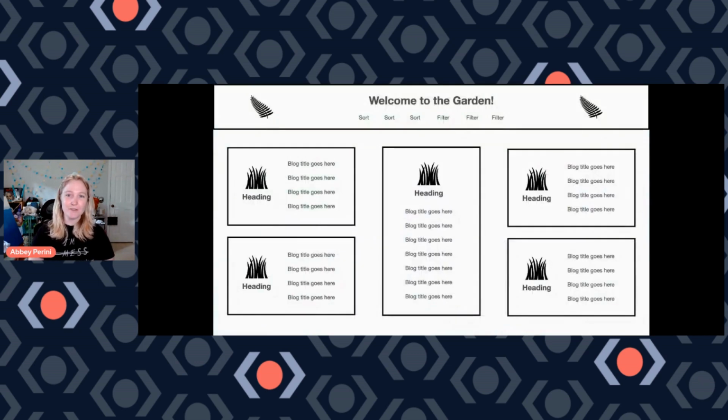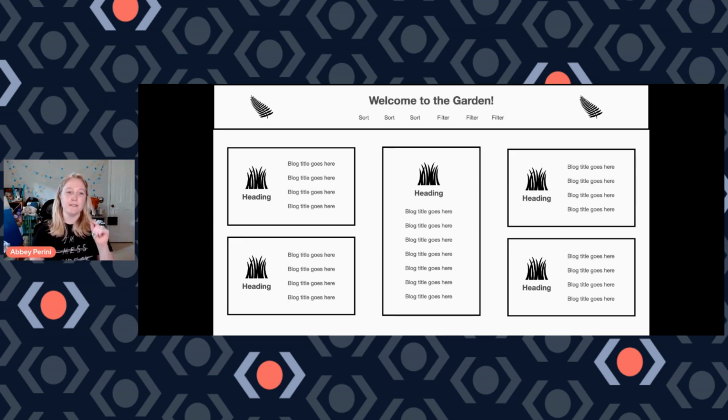So here's my beautiful Keynote slide for a page that will hopefully go in my digital garden sometime soon. And there are a couple things that I want to point out about this. The first is I'm trying to repeat boxes throughout the page. So you see these 4 horizontal boxes with content are exactly the same. I know that I can use a reusable component and the same classes, build those once, and then use them 4 times. And that's the kind of thing that we're looking for to reduce our styling work.